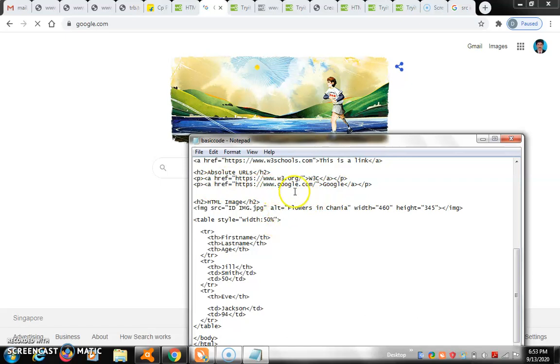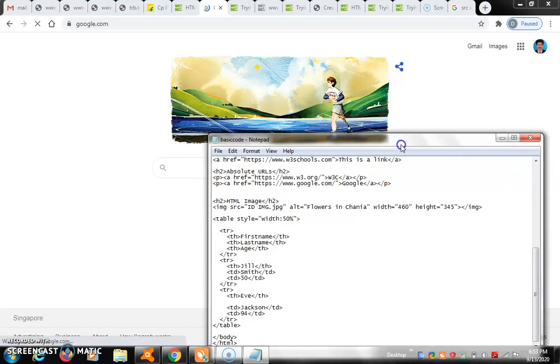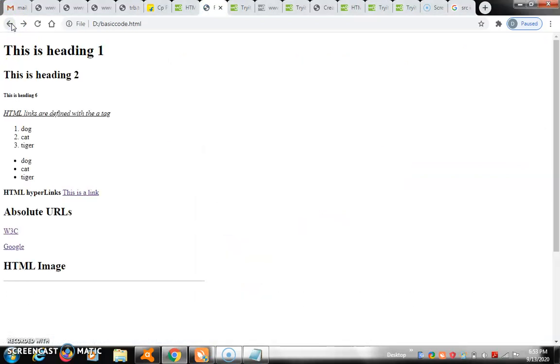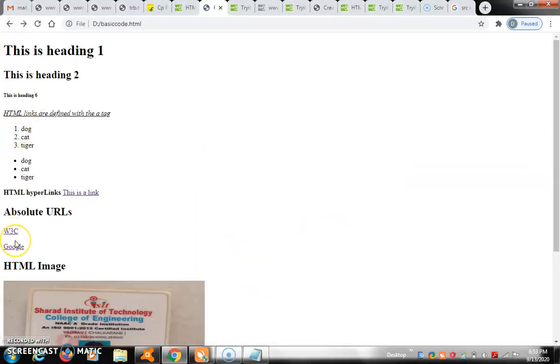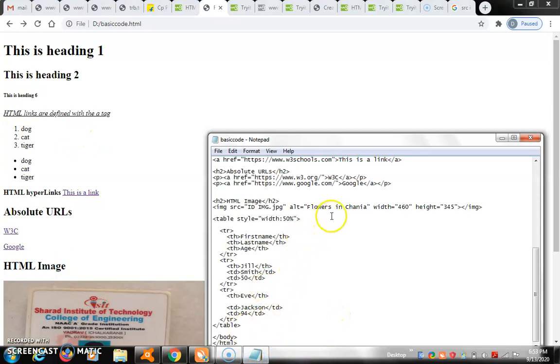Then next one is image. How are you going to display an image? Here my ID card image is displayed. The image is ID image.jpg.